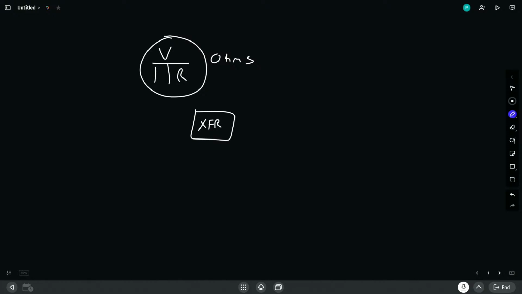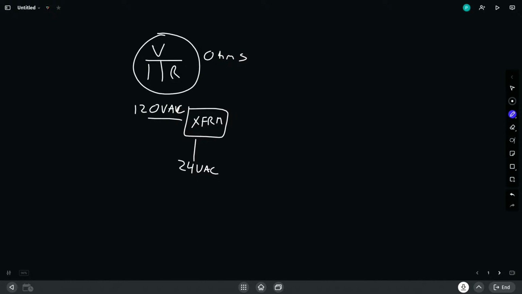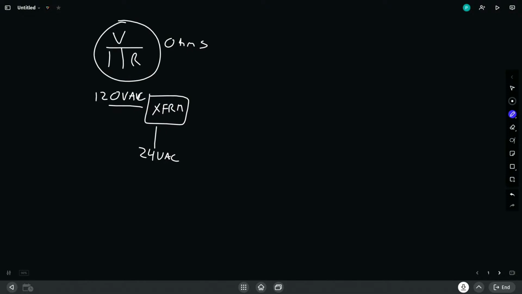And this transformer, quite simply, transforms power. Typically, it's what's called a step-down transformer. And it's going to typically step down voltage, typically 120 volts AC, and it's going to step that down to 24 volts AC. And in the process, this transformer is going to have what we know as VAs, or volt